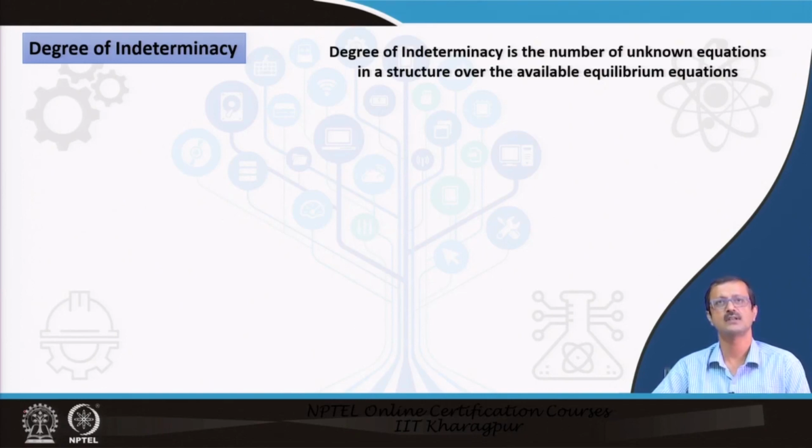The degree of indeterminacy is the number of unknown reactions in a structure. As the number of reactions or supports increases, you have a lot of popping reactions. Those are unknowns, those are redundant. So, we have to find out those unknowns, and we have three available equilibrium equations: sigma Fx equal to 0, sigma Fy equal to 0, summation of M equal to 0,